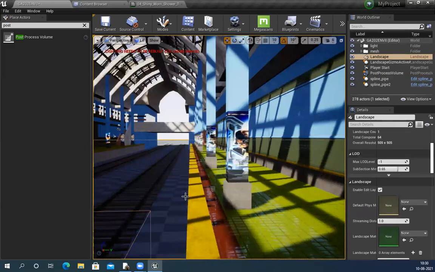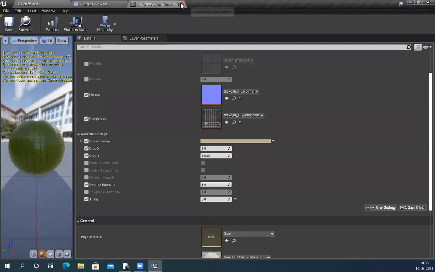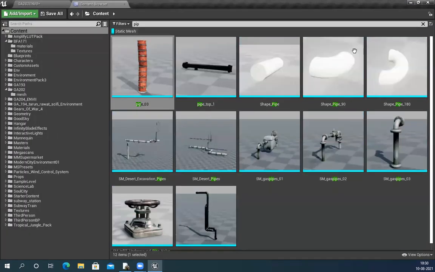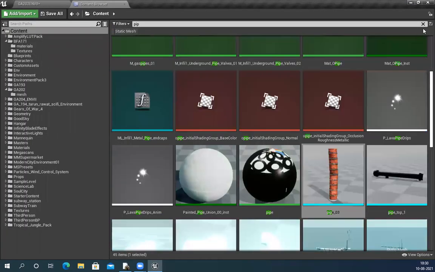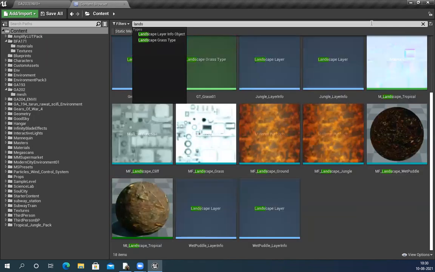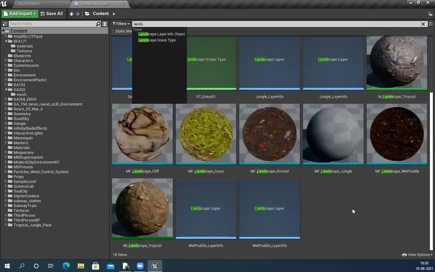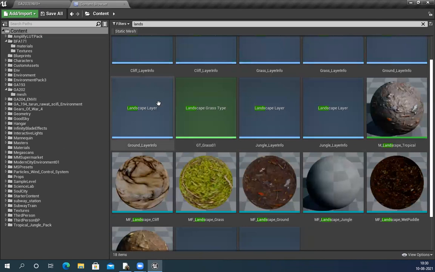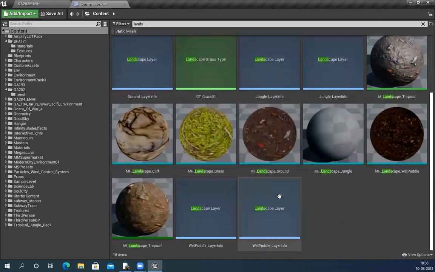So now I have this landscape material. I need to create a landscape material for this. By default, I guess I have a couple of landscape materials already. If I want, I can use that, or I can create a new one also. You can see we have a couple of landscape materials already there.